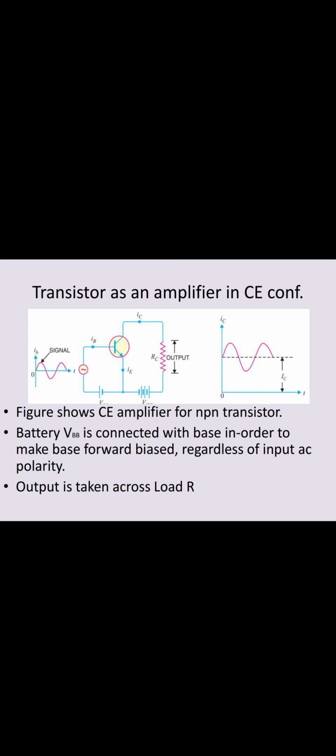The transistor raises the strength of a weak signal and hence acts as the amplifier. The transistor amplifier circuit, which we can see in the diagram, has three terminals, namely emitter, base,